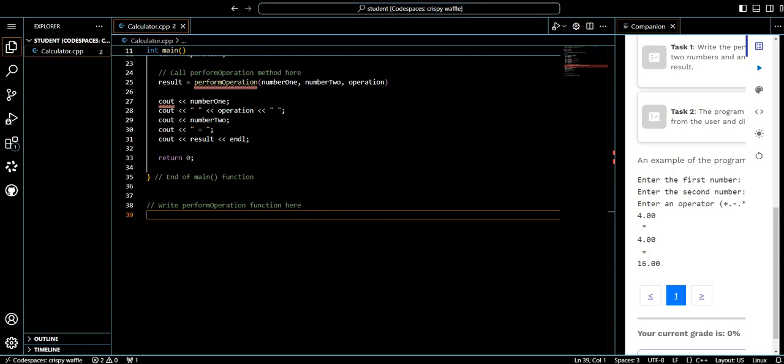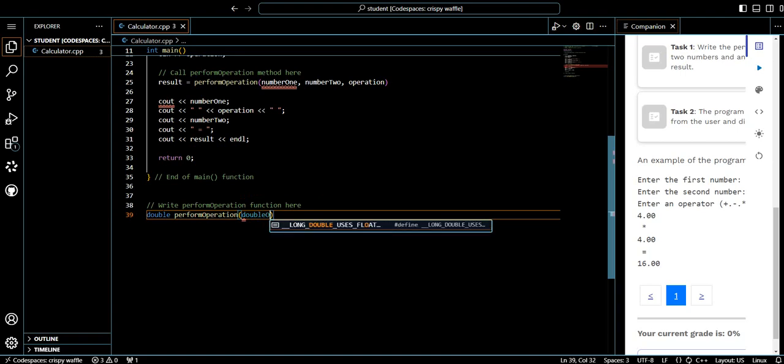So since it's a function, we'll do double perform operation, and the same, double number 1, double number 2,